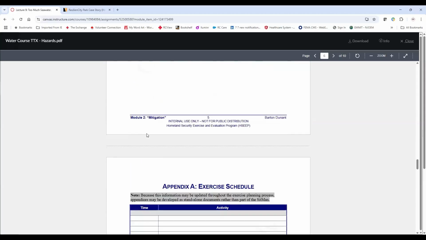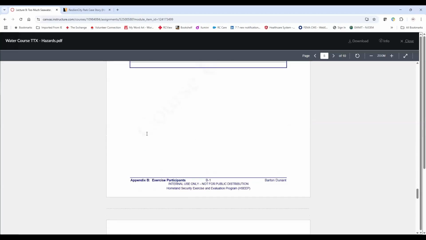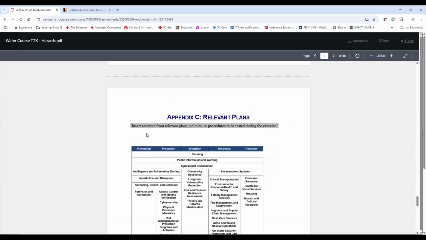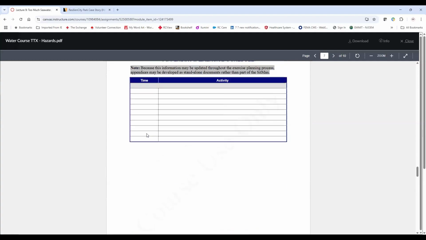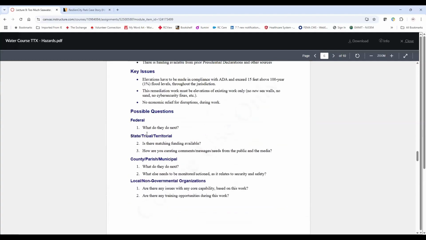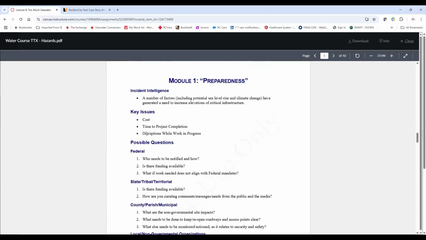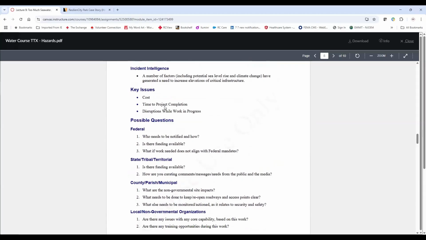Let me see, how do I have this organized? Oh, this is very short. Okay. So this is when I'm going to ask you folks if you have any thoughts on this relative to preparedness and projects. Are there any in your jurisdictions that you are dealing with now that are looking at potentially raising or elevating any infrastructure to protect and prevent the adverse impacts from flooding?